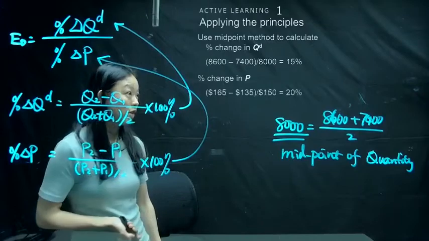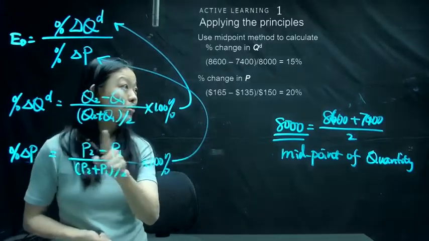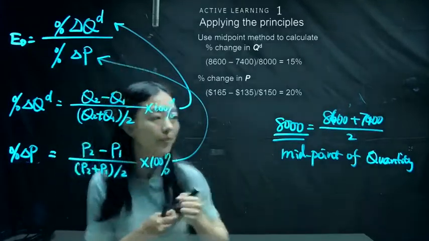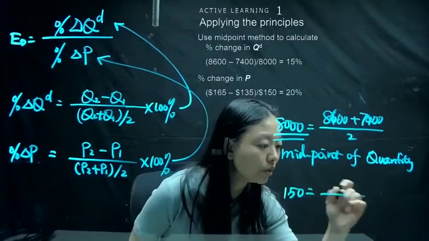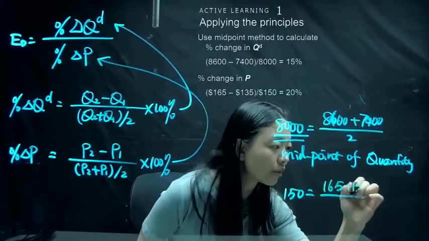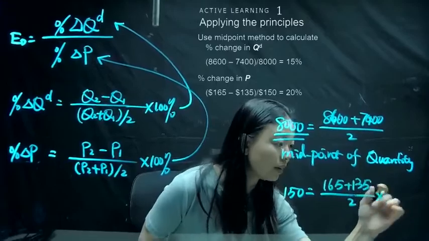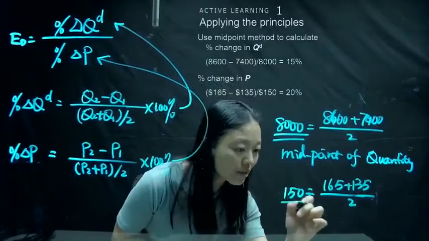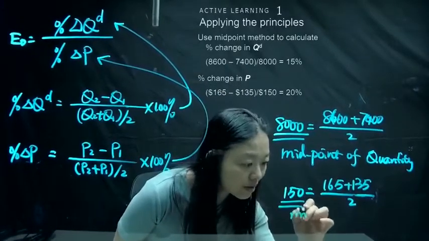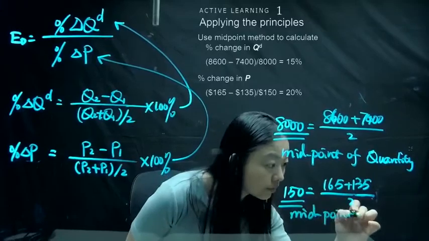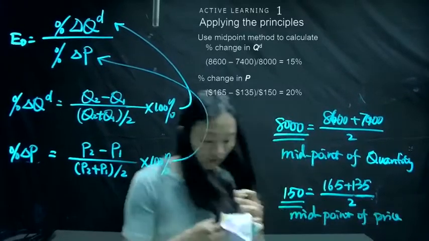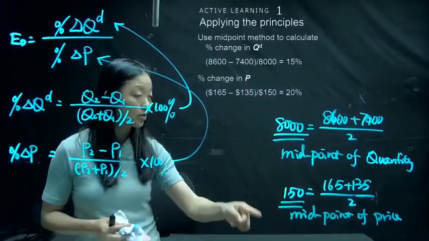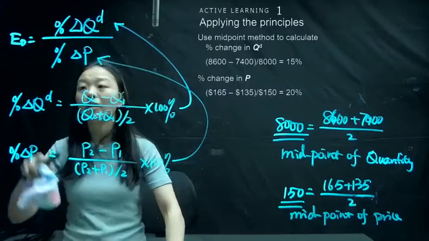Similarly, you can get the percentage change in price, right? 165 subtract 135 and then divide 150. Where does this 150 come from? 150 equals 165 plus 135 and then divide by 2, right? So this 150 is the midpoint of price. All right. So you can notice now we use the midpoint to compute the percentage change in both